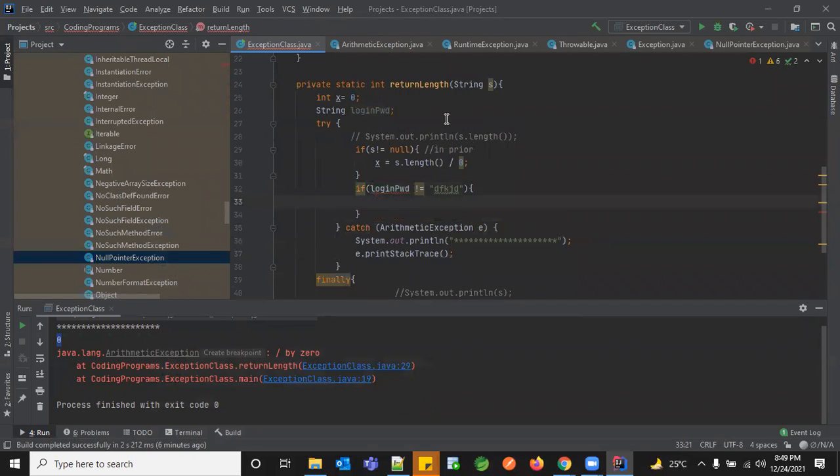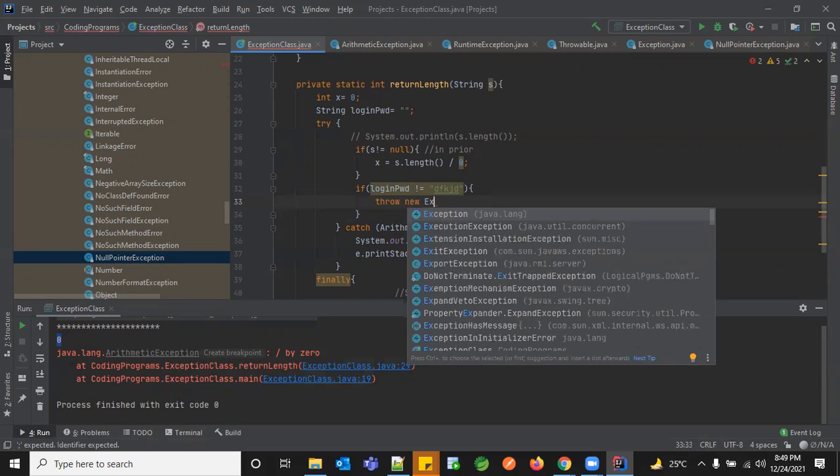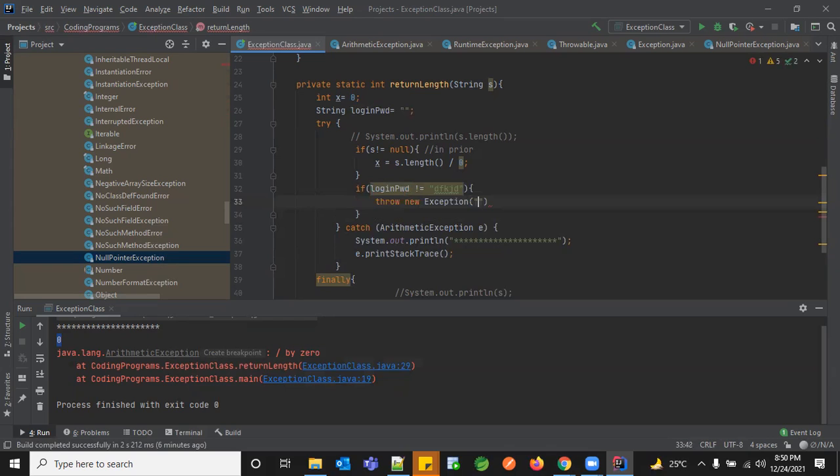I'm just not going much deeper, I'm just giving you some random input. Now, if this is not equal to, I need to throw an exception to the customer. So here the keyword comes, throw new Exception. Right now, I don't have any custom exception created, so I'm just going with the same Exception class. And they say, please enter valid password. So in this way, I can actually throw a new exception.